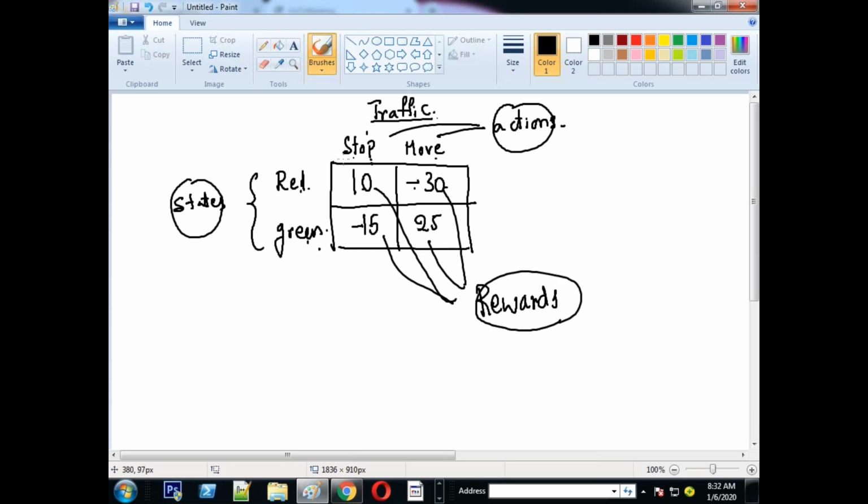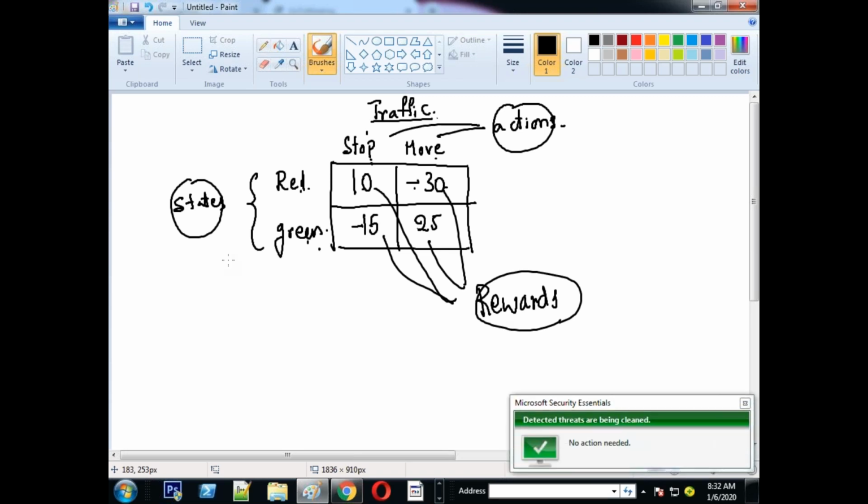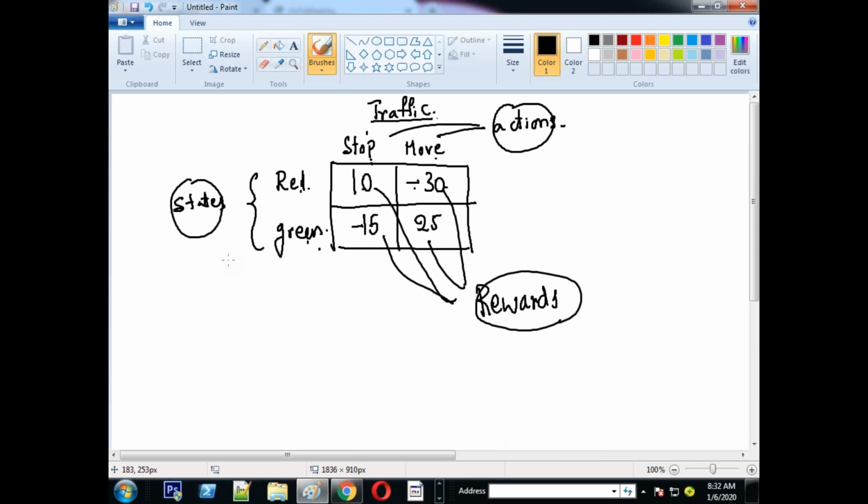Now, who is learning these rules? Day number 1, we don't learn traffic rules. But after 3 penalties, you will learn every traffic rule. Right. Now, in this moment, you are the agent. The traffic environment is the environment. The constable is fixing, that means the traffic department is fixing some rules. At what states, what kind of actions are valid, what kind are invalid. If it is a good action, good rewards; bad action, bad rewards.